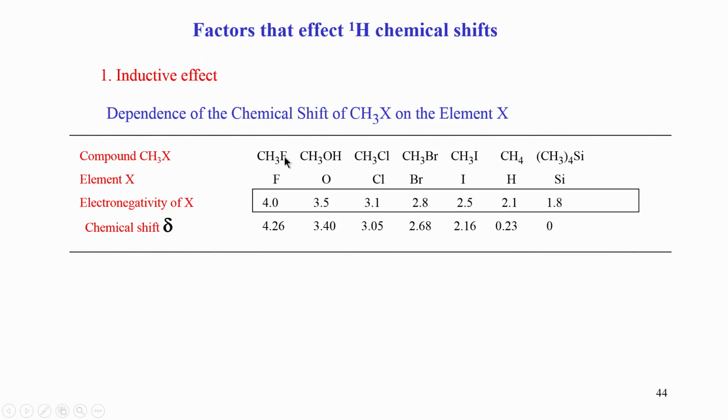You can see fluorine, we know, is the most electronegative atom. So, that has the highest de-shielding effect on this particular hydrogen. Therefore, it becomes a very high chemical shift, de-shielded, it goes downfield, that is to 4 ppm, and as you go to lesser and lesser electronegative atoms, the de-shielding effect is reduced, and you can see that it is going low. So, tetramethylsilane, which is the least de-shielded or most shielded, is the reference which we normally take as 0.